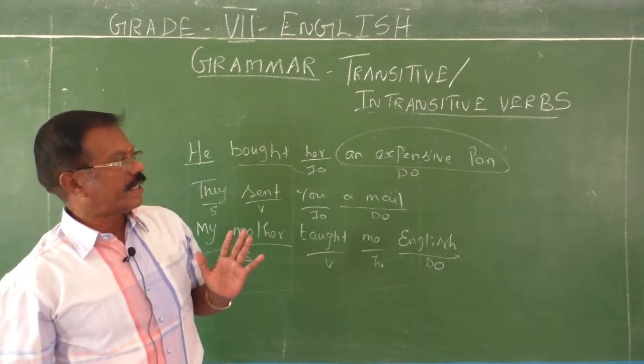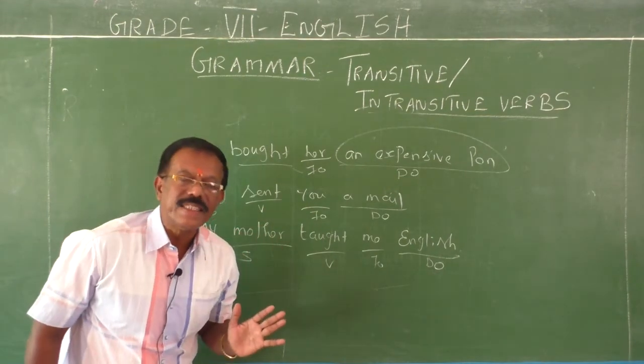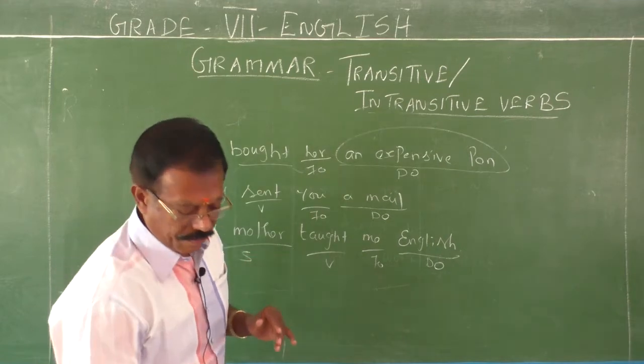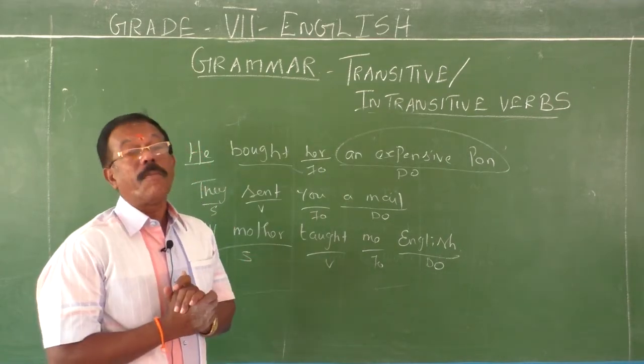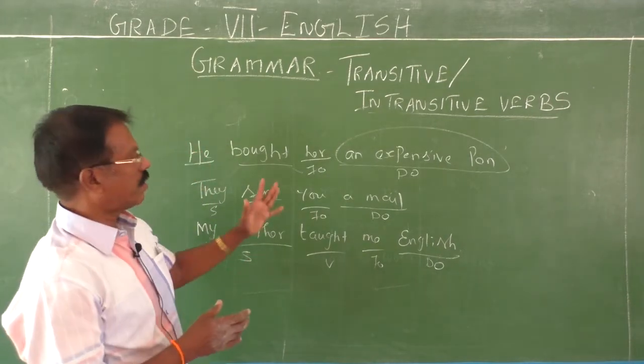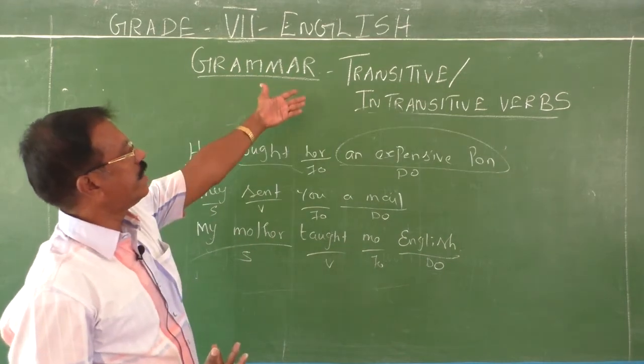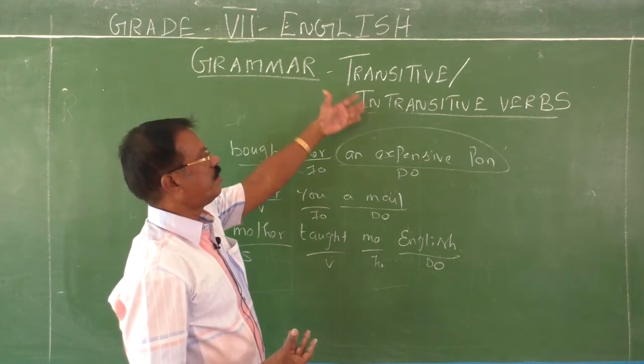And almost all the direct objects are in the form of things or objects. Okay, very good. Next, let me explain complement. These are all some basic things you should know. With the help of these things only you can easily identify transitive and intransitives.